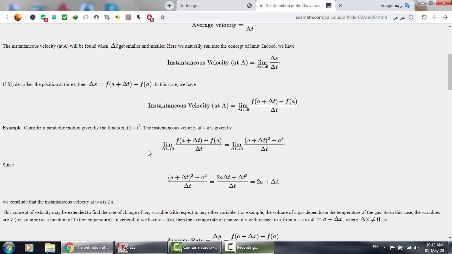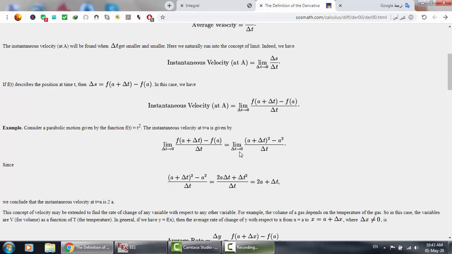Okay, so this is pretty amazing. If you have just a parabolic motion, suppose that you're moving in a parabolic way, so f(t) is equal to t squared. So the instantaneous velocity at t equal a is given by this law. Okay, so just